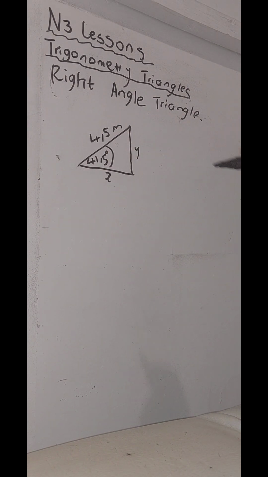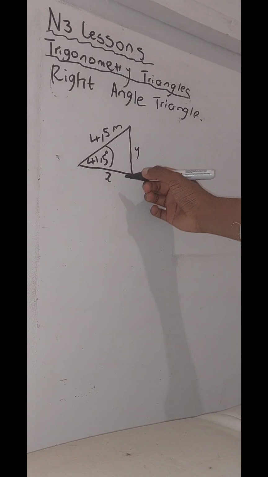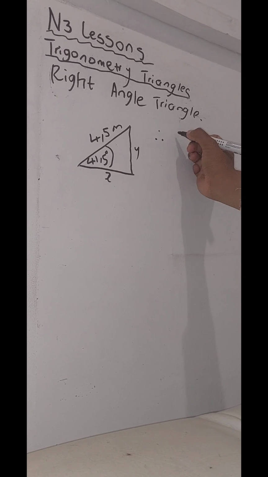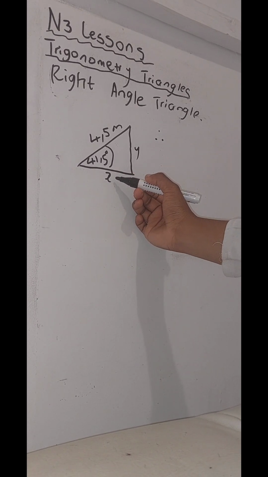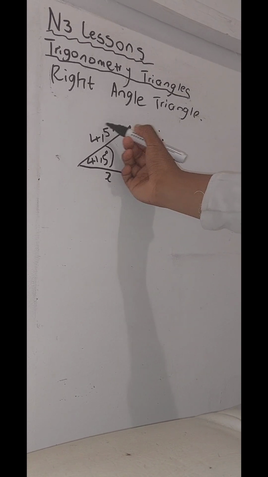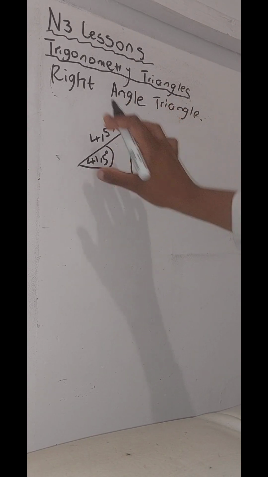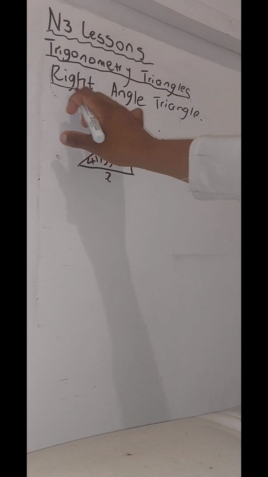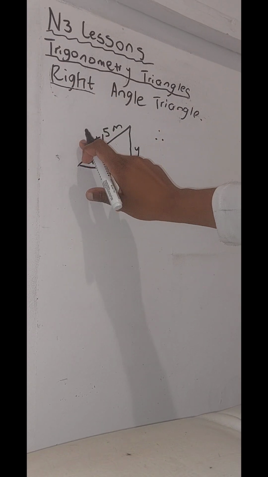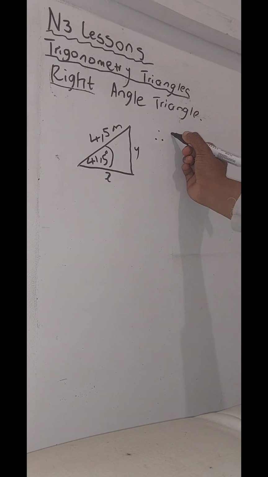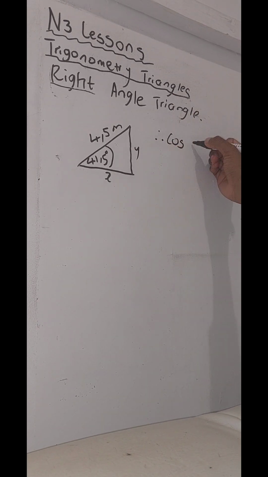How do we solve for x and for y? Let's solve for x first. Therefore, to solve for x, we have only this which is the hypotenuse. We're going to use Pythagoras. When we solve right angle triangle, we use Pythagoras. So we have the hypotenuse, and here we have the adjacent, which leads us to cos